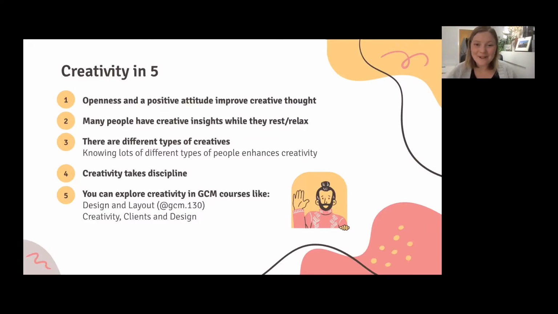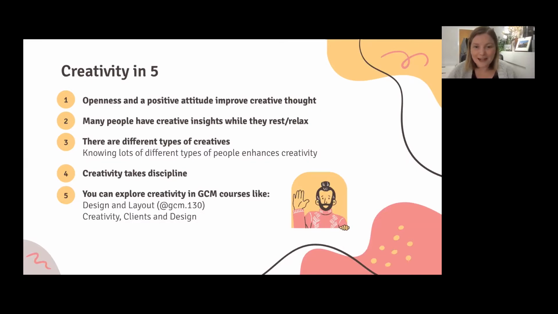We're going to start off with our official teaching part of the workshop. This would be fairly close to what it would be like to take a class with Jay and me, and hopefully you get that sense of what the classroom would feel like, in particular online this term. I want to talk to you about five things you could expect to know about creativity, because creativity is really important in our program, and it drives a lot of the decision making you do when you create your own projects.